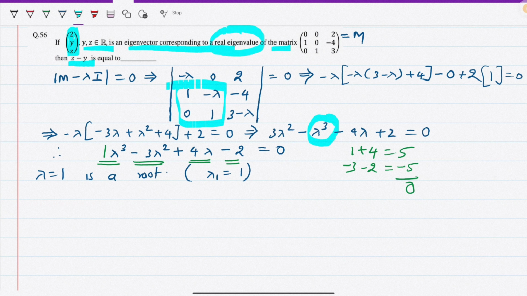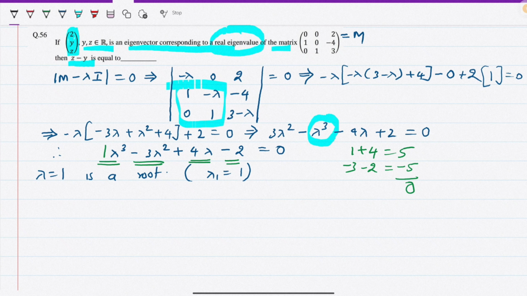So we just want to ensure that lambda 2 and lambda 3 are not real, in the sense that they are complex eigenvalues. For that we are also going to find the eigenvalues lambda 2 and lambda 3, just to ensure whether they are real or complex. Since lambda equal to 1 is a root, we can use synthetic division to find the further roots.